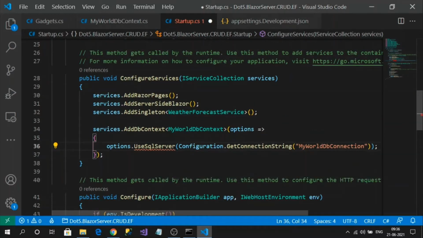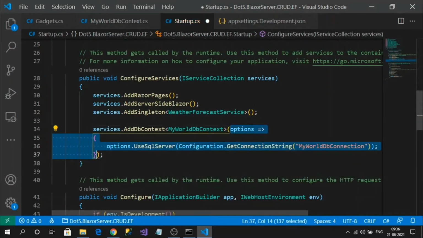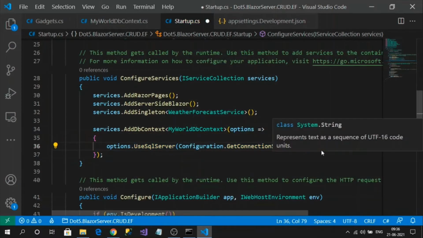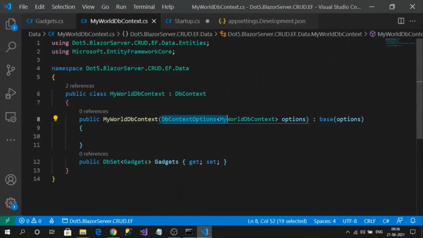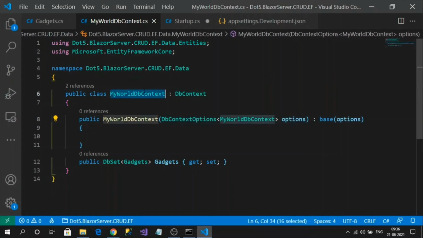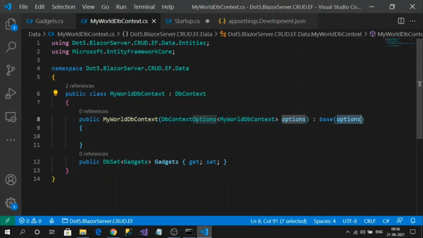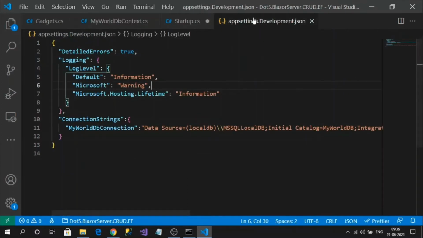If you observe the options, we are loading our connection string from the JSON settings. These options will be passed to the constructor on creating the instance of our DbContext, and they are passed to the base context. So that's it about creating the DbContext and the classes using EF Core.